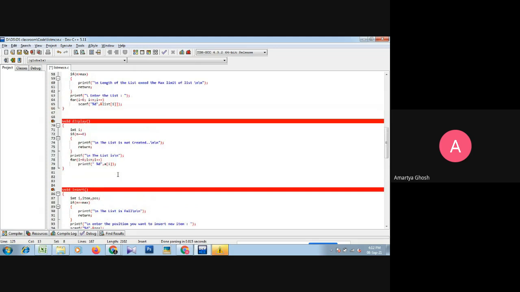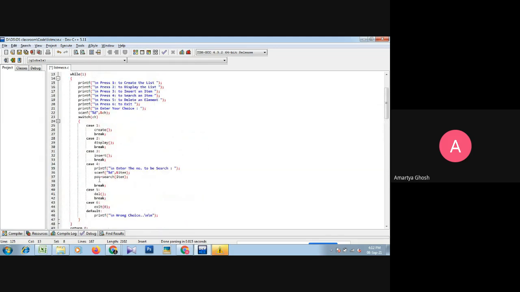Okay, now I come back here, the main function, and check. So that I is returned by this function and stored into pos. Okay, so here we check if pos equals to n, so if pos equals to n, the item is not found.